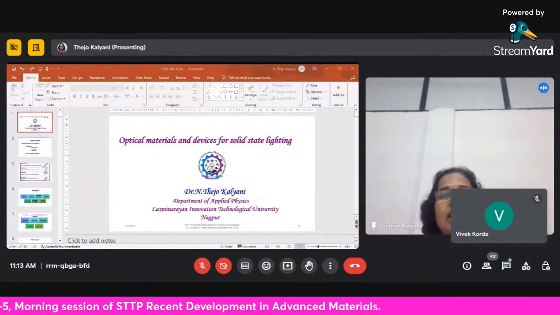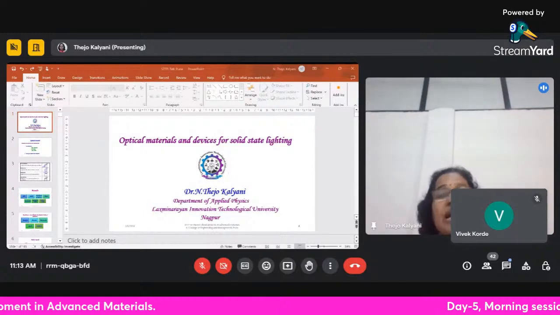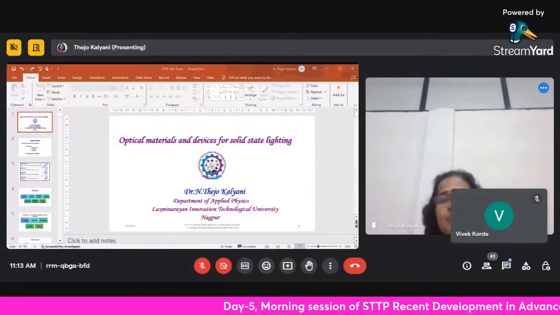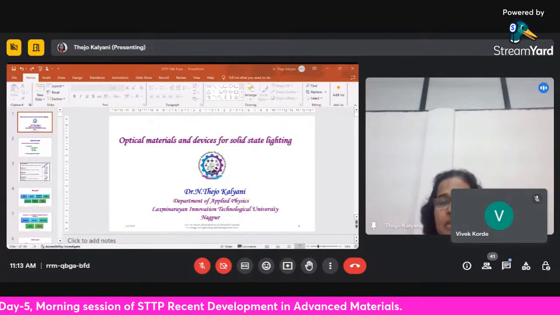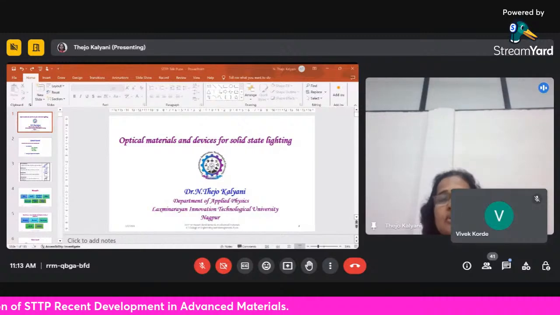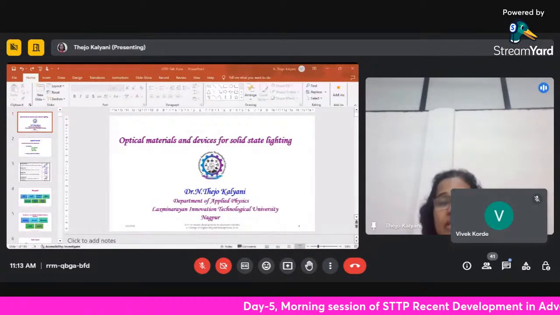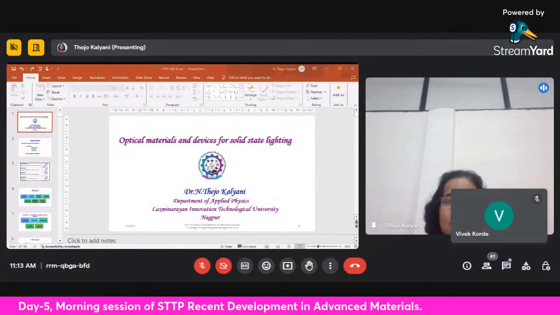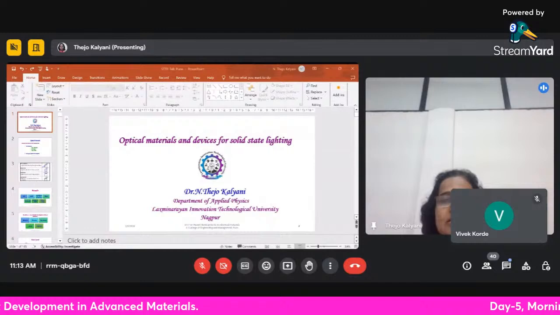If you talk about various energy harvesting and converting devices like solar cells, which harness the solar energy into electrical energy. And there are some other devices which can store the energy, like supercapacitors, and certain devices based on this energy conversion, storing, and all these things. Particularly, I'll be dealing with light emitting diodes and organic light emitting diodes, which fall under the category of energy saving devices. And the topic of today's agenda is going to be the optical materials and devices for solid